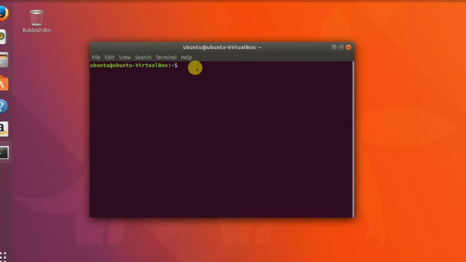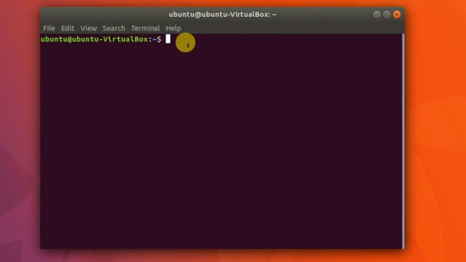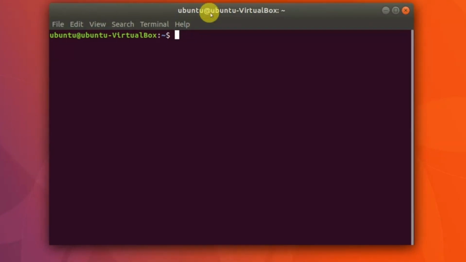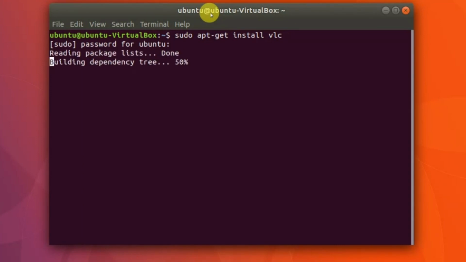You will see this window. Now I will type the command to install VLC media player. It's very simple. Just type sudo apt-get install vlc and hit enter. It will ask for the password. Enter your password and